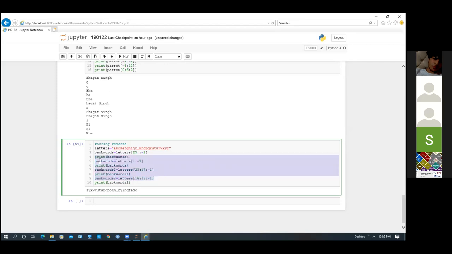So the logic is, any number that is divisible only by 1 and that number itself is called a prime number, right? Yes. So if I give 5, 5 is a prime, 3 is a prime, 2 is a prime, we can say. But 4 is not a prime. So try the program. Let me write it also.